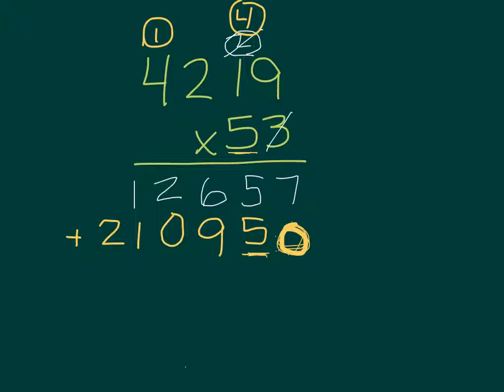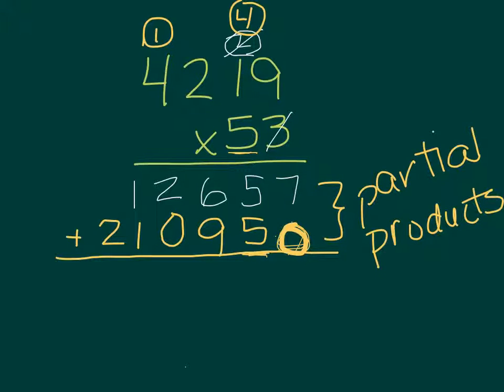I need to make sure I add my plus sign so I remember now I'm adding instead of multiplying. And all that's left to do is add these two numbers, which are called partial products. Partial means part of, so they are part of the entire product. So if I add, again regrouping and not forgetting those numbers that I'm carrying up there,